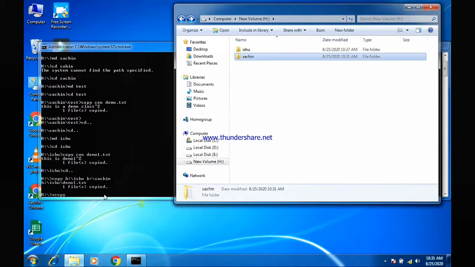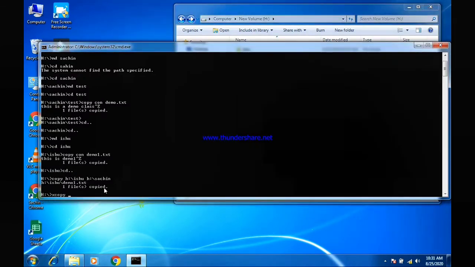For that, now what I will do, I have written xcopy space slash s, where s means subfolder, slash e means empty folder, slash p means it will ask you before pasting files and folders.